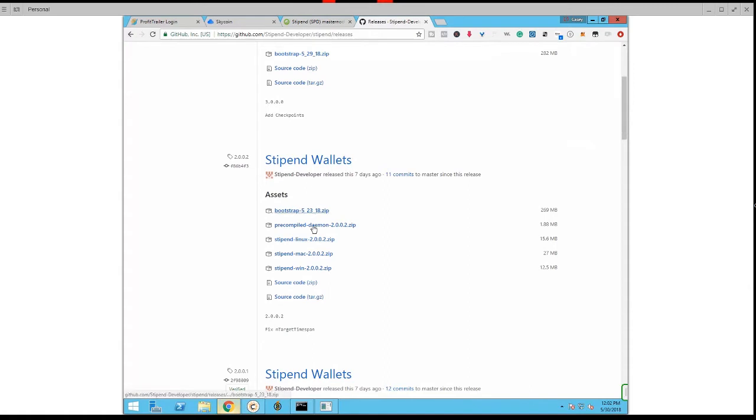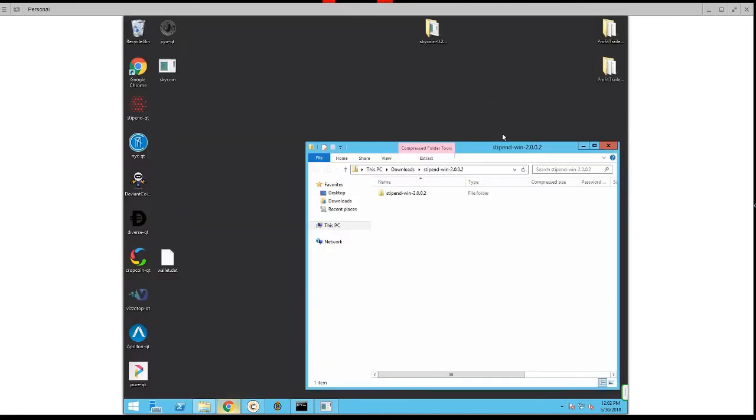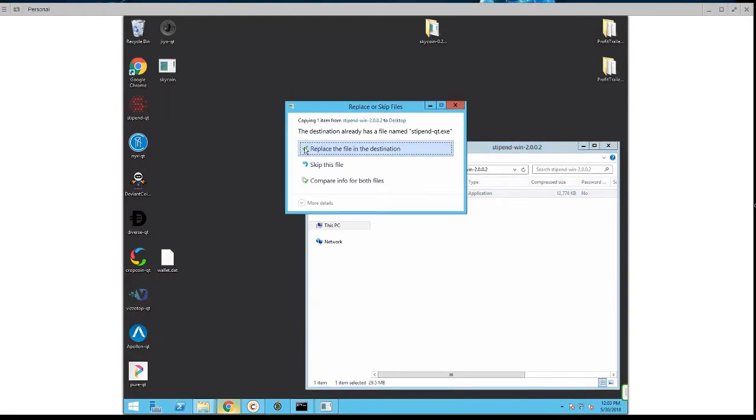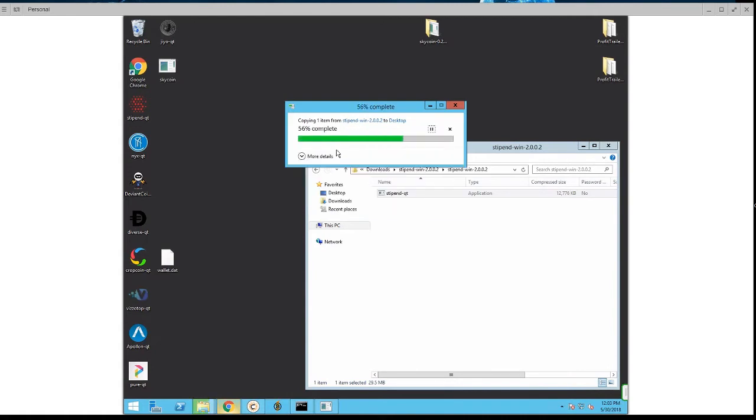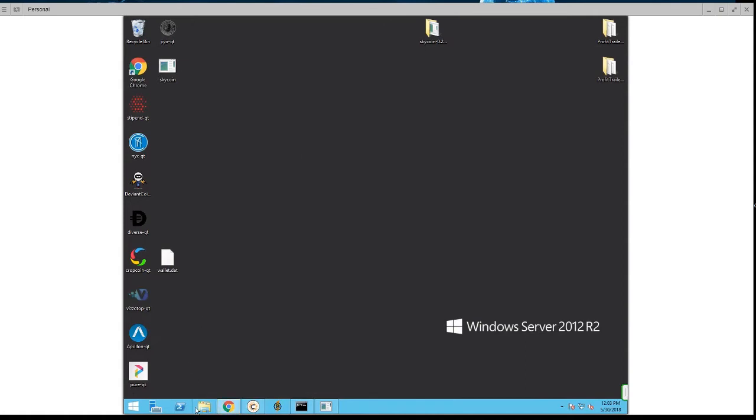right here, this is the new wallet. We want Windows, we're using Windows. It is downloaded. So we're just going to copy it and replace the one that's already there. Okay, now that that's replaced,